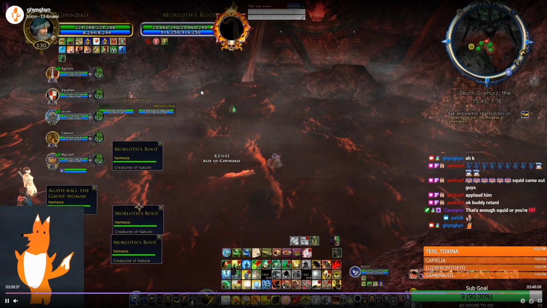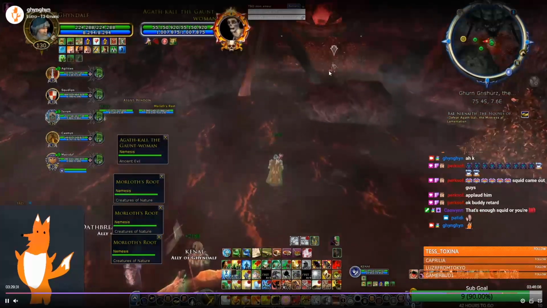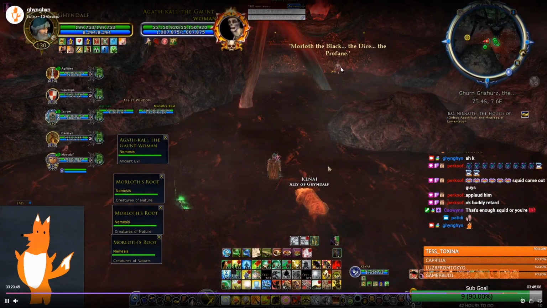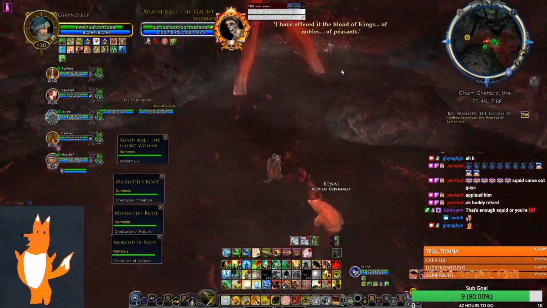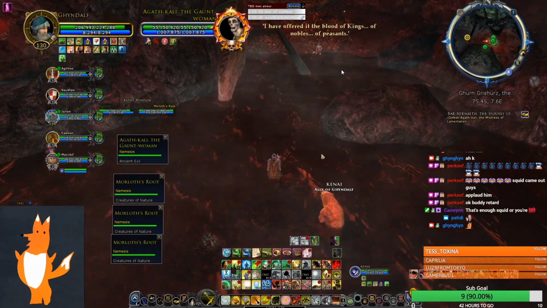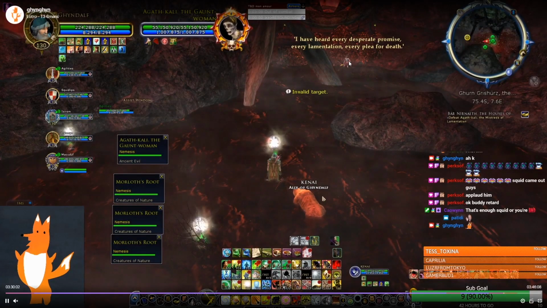You have 3 roots that continuously heal the boss. So you have to kill the roots and then go to the boss. And if you take the boss out of the water, the boss will get a damage buff. So you tank the boss in the water, the blood pool. So while the roots are alive, mechanics for the boss is